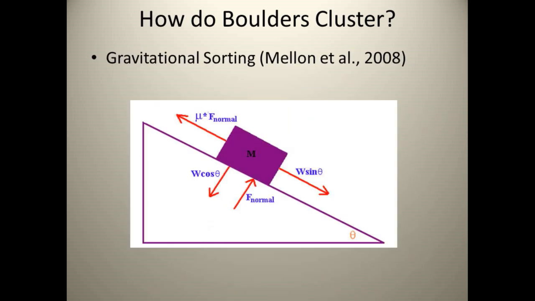However, we have polygons that aren't on slopes, and even those cluster boulders at their edges. There seems to be very, very little topography on these polygons, as much as 20 centimeters of relief over 6-meter diameter polygons. These slopes are not enough to just have the boulders slide down them. There's enough friction that they should stay in place.